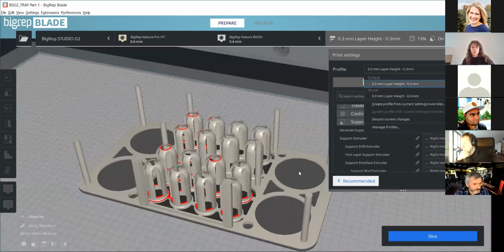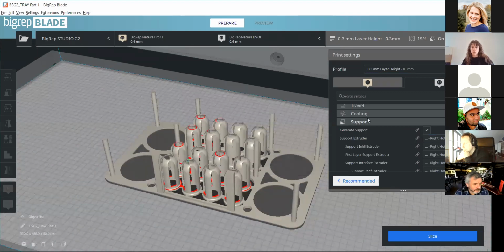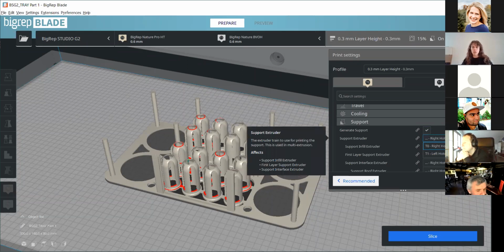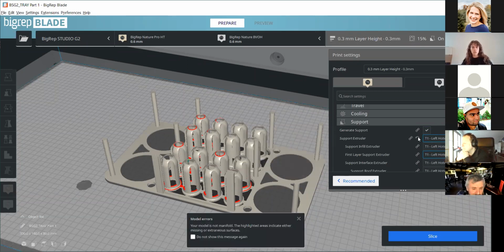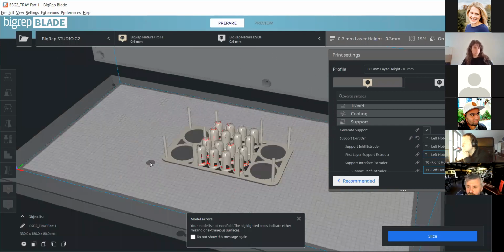Do a 0.3 layer height. And I'm going to go, and it doesn't, again, so when you just change this to BVOH, Blade's not going to automatically say, oh, that person selected BVOH, they clearly want to use that for the support. You do have to go into the support tab and say, I want to use BVOH. And a good way to know is that if that prime pillar shadow isn't showing up, it's not implemented